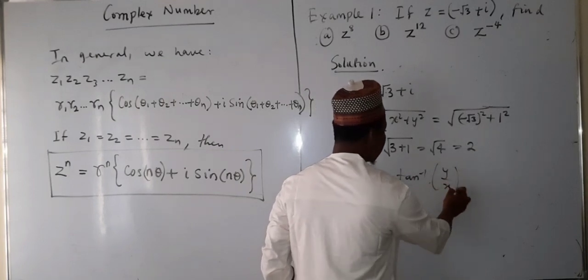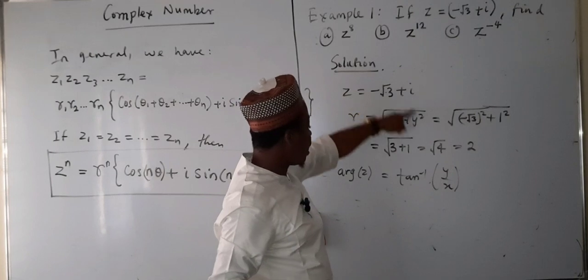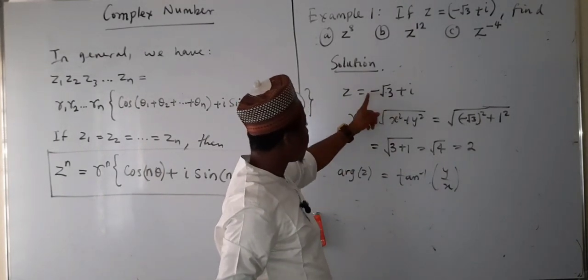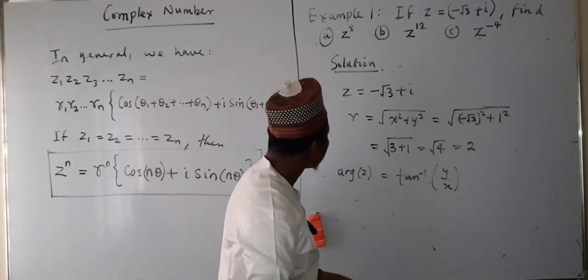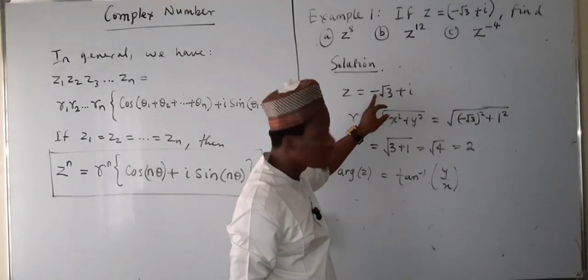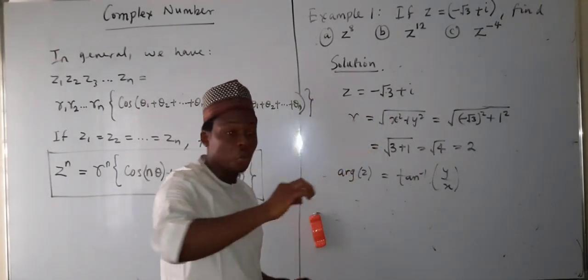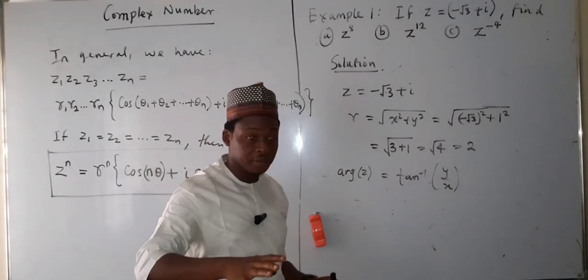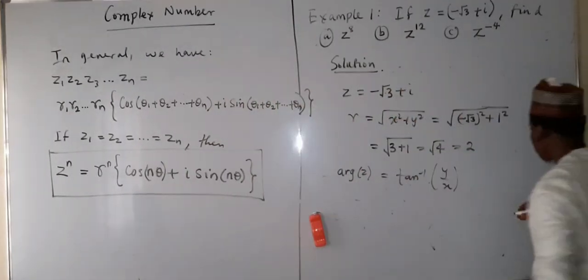x. So first, our y is 1, right? Yes. And our x is minus root 3. But take note, while representing this in the Cartesian plane, you remember that this is actually telling us the location where it falls in the quadrant. So, looking at this now,